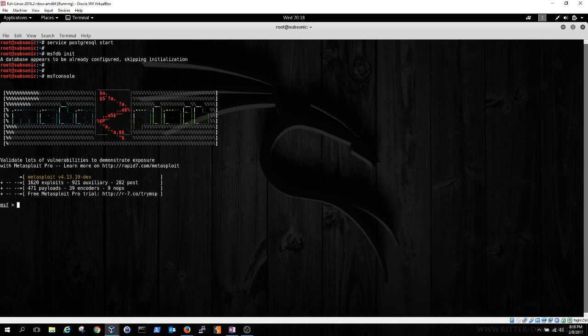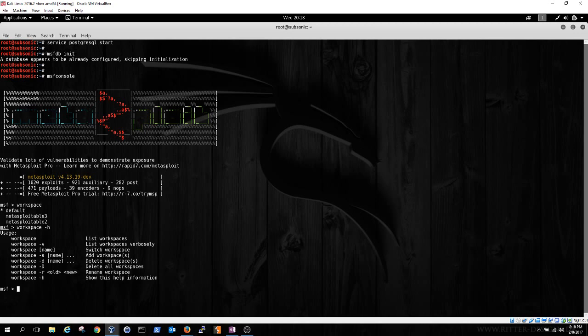So now that we're in Metasploit, the first thing I want to talk about is workspaces. And we have tab completion. I already have some workspaces here. Oops. It says workspace -h. Now you're going to start out with a default workspace. -a to add a workspace. The reason why you want to use workspaces is after a while you're going to, like, say for example,